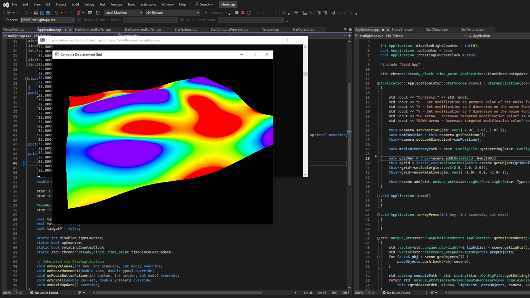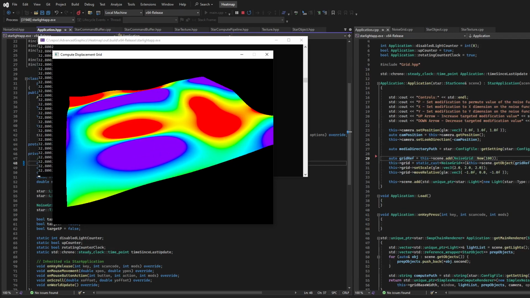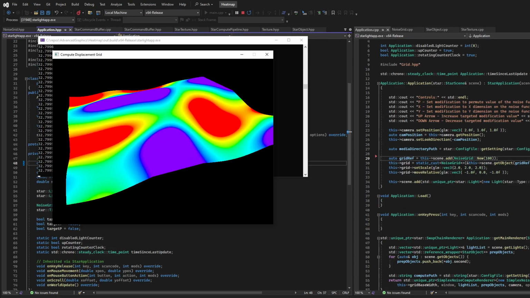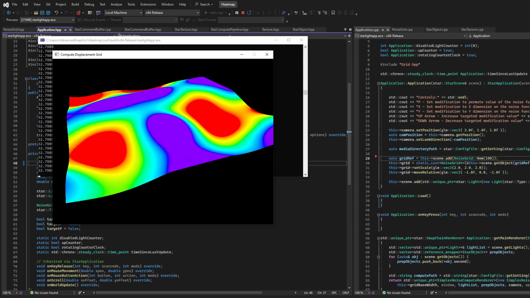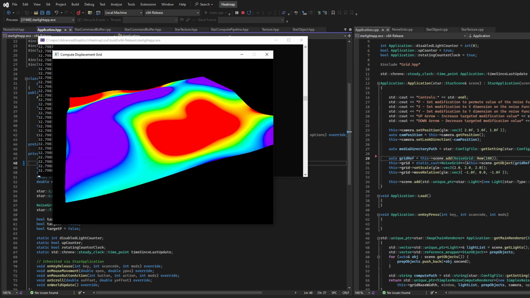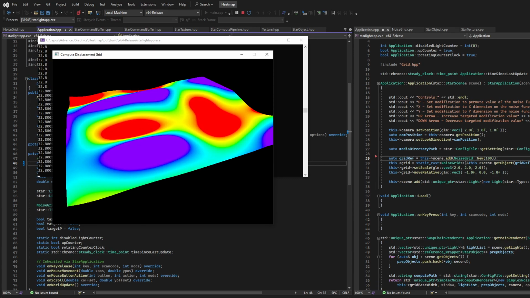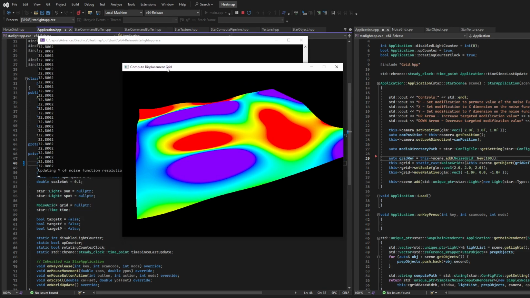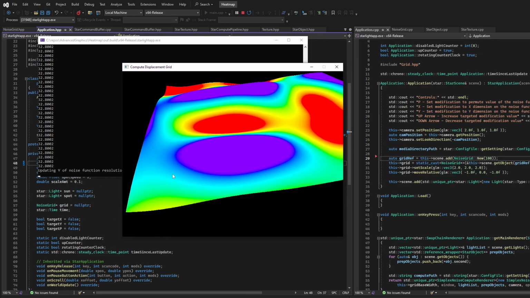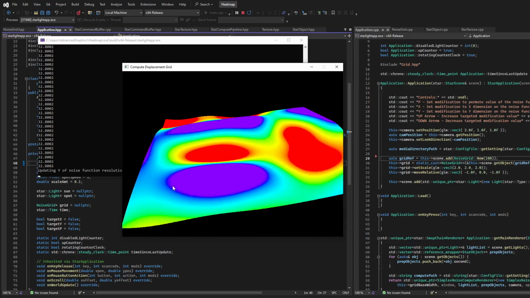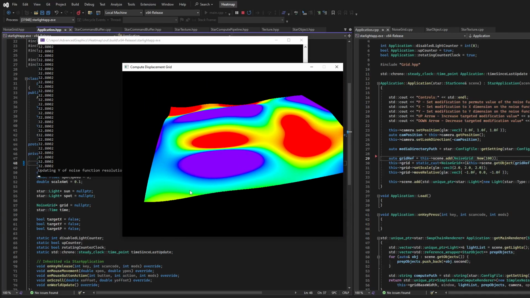I can permute it up and down with the up and down arrows, and it does jump every now and again. I believe that's because we're jumping locations within the underlying grid that simplex noise is built off of, and I can actually demonstrate that. I can change the underlying X and Y resolutions of the underlying noise function. But if I change Y without changing X, it'll just scale it. If I scale this down,